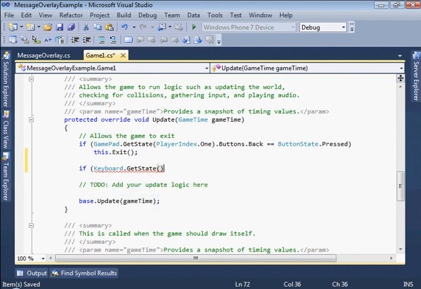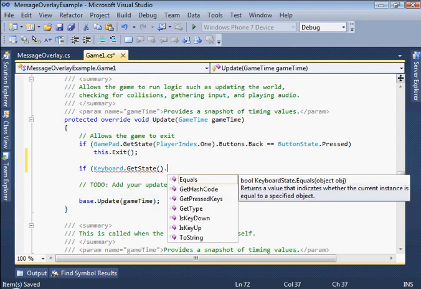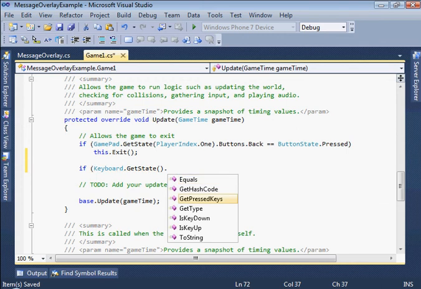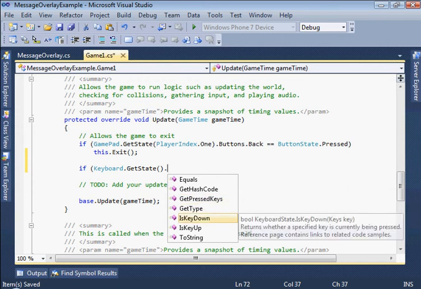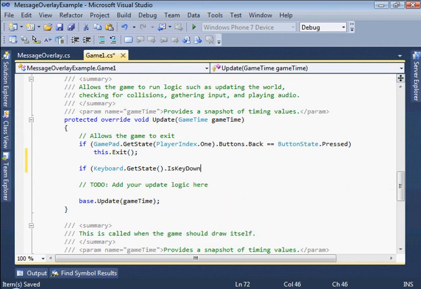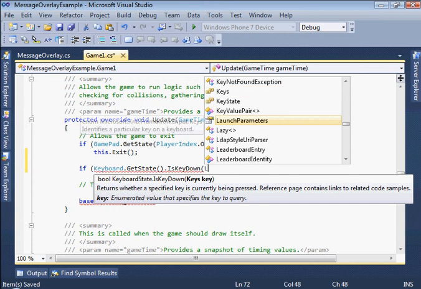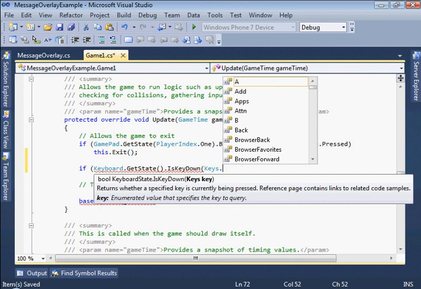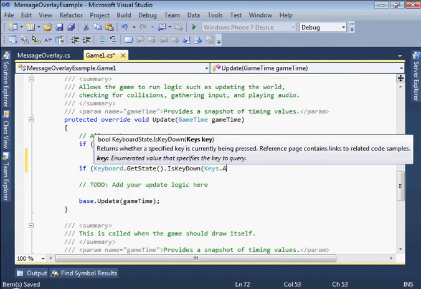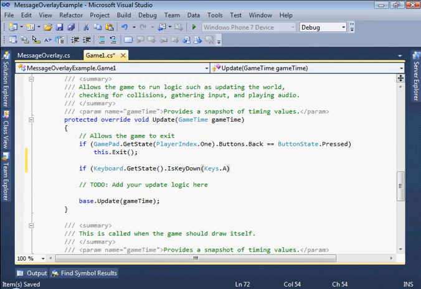That's a method, not a property. And this is get pressed keys. Let's look at is key down. We'll try that. Is key down, and that'll be Keys dot A, the A key. If the A key is down,